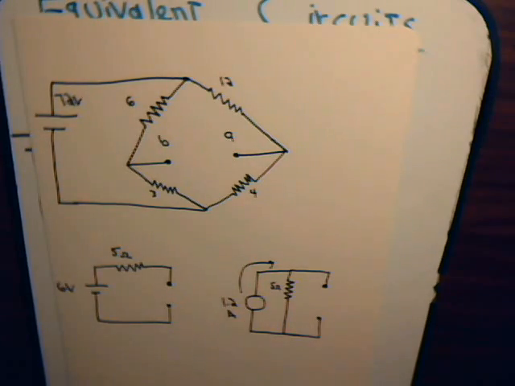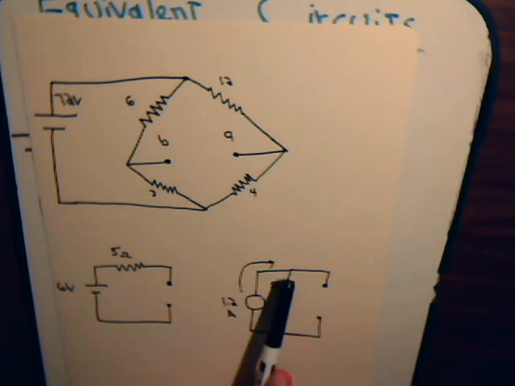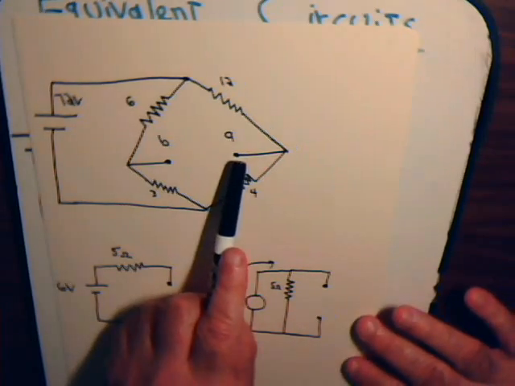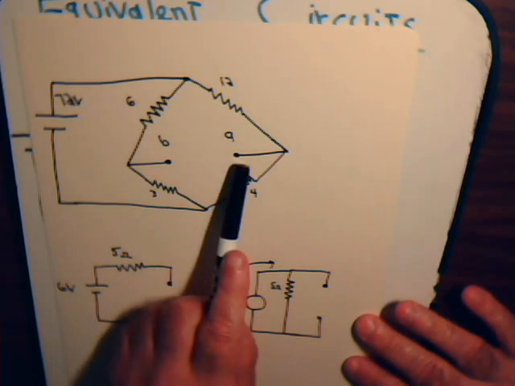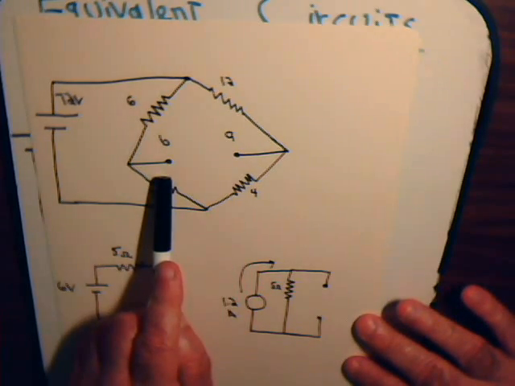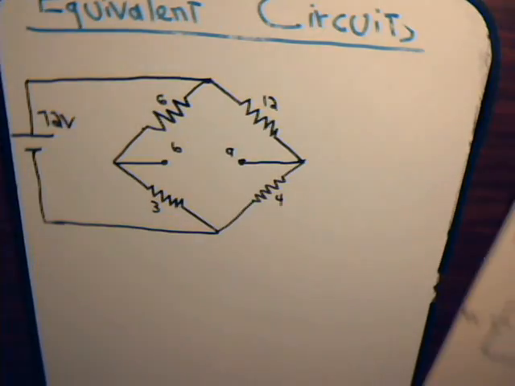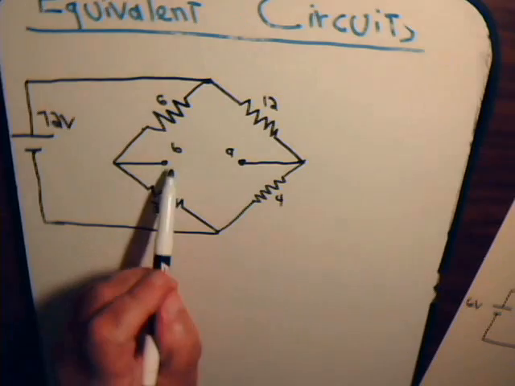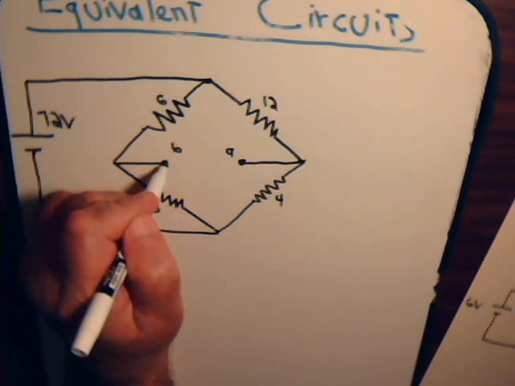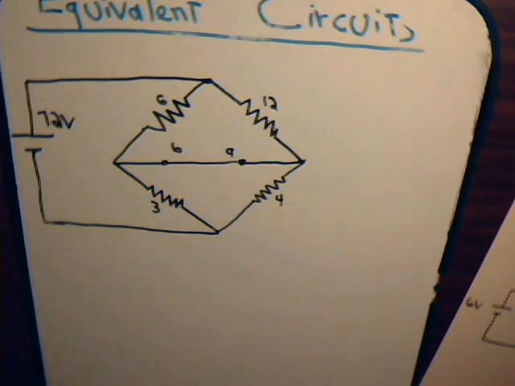But to proceed, right from square one, look at this and ask ourselves, what would be the Norton equivalent of that? We've already determined that we have an equivalent resistance of 5 ohms, but for the Norton equivalent circuit, what current source would it have? That would be the current across here if we just put an ammeter across these terminals. Schematically, that's just the same as drawing a conductor there